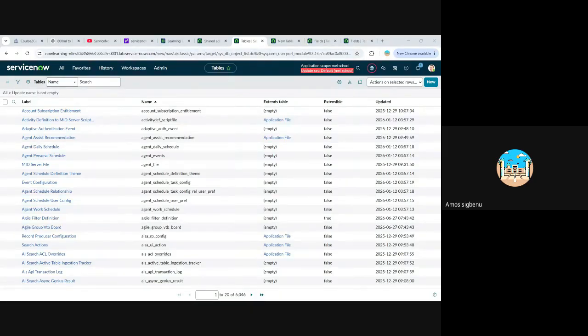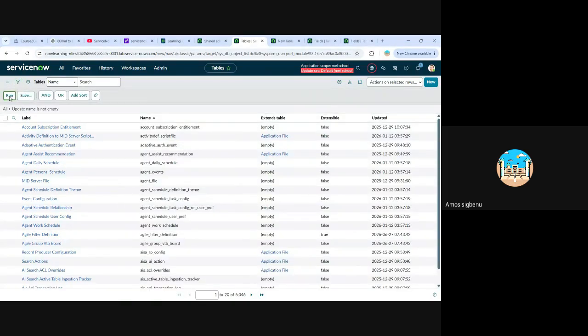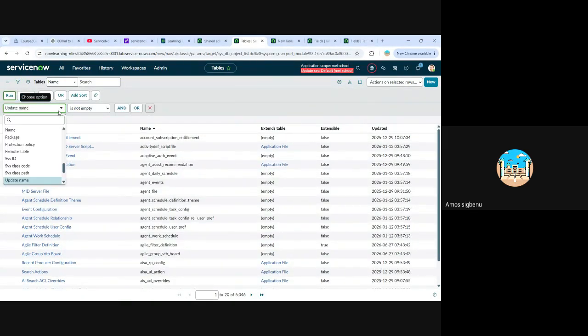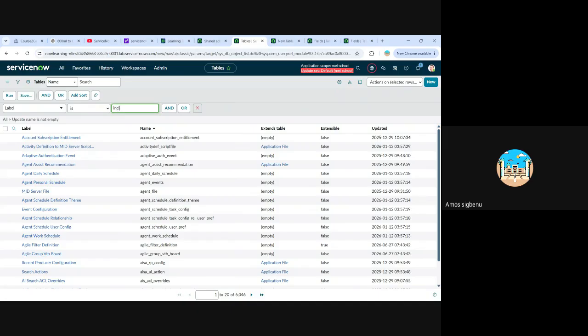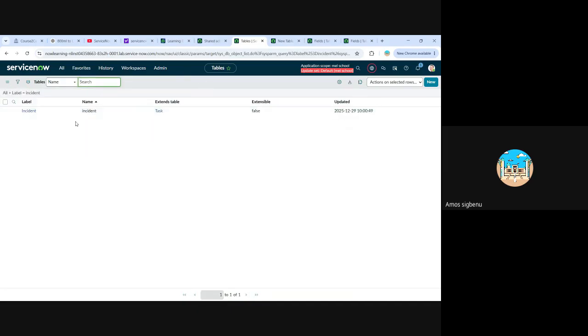All right, guys, like I was saying, if I go to new table, for instance, there's something I want to show you before I move over to the next one. Let me pick a table, for instance. There's an incident table here. Under that, I click on label. So when you have a table name and you are trying to find the table you just created, just go to label. You will be able to see the table that has been created. So if I click on this incident,